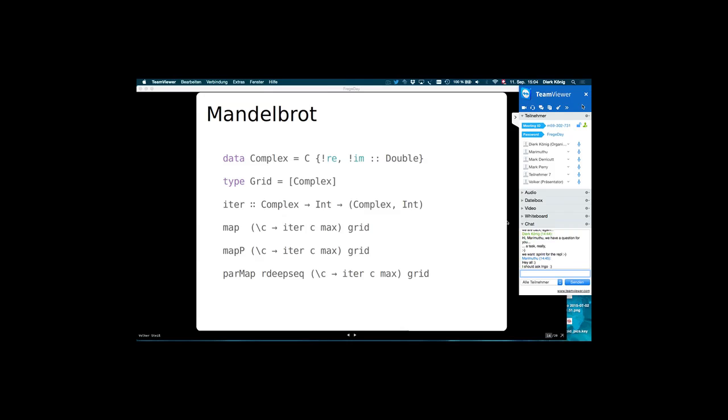Do you use the same data Complex for Haskell? Yes, I use the same. Because I noticed, when you ask on Reddit, that Haskell actually has in its library this data Complex a. It's also parameterized. And if you use this one, then Frege had an unfair advantage because we restrict the types to double.